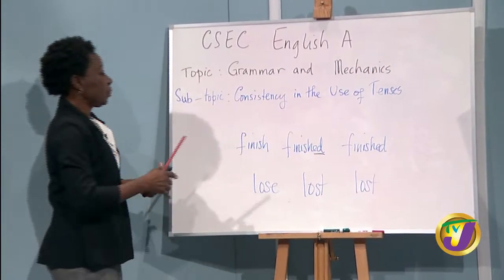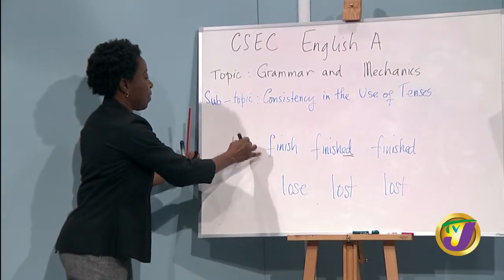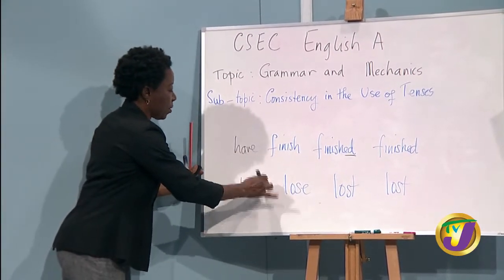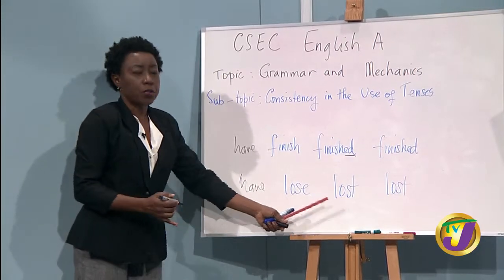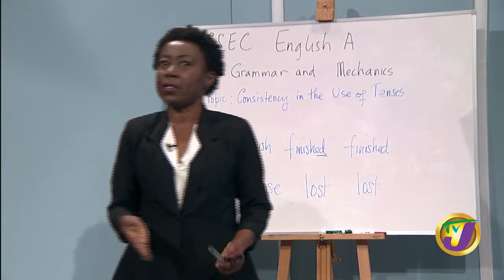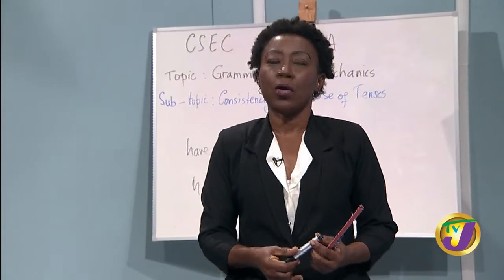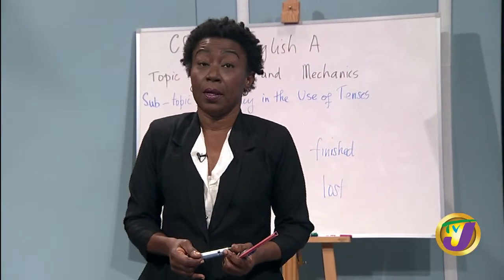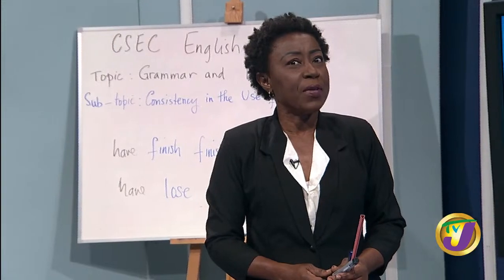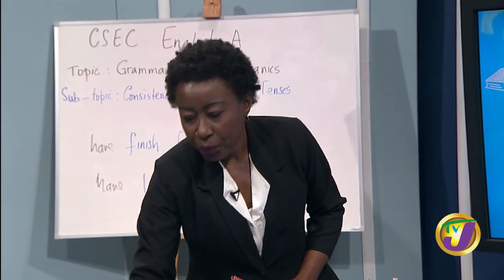Lost. So I would put have. Have finished. Have lost. That's the present perfect. Now, what would be the past perfect? Had lost. I had lost it. Okay then. All right then, we will go into the perfect tense some more when we have another lesson. Bear that in mind. So we are going to go now.